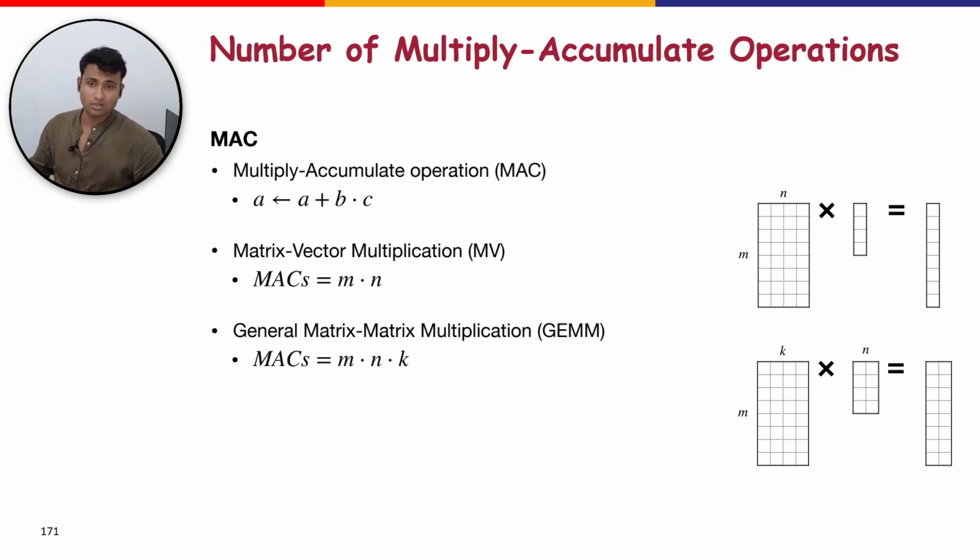Then comes a more prominent metric, which is multiply and accumulate operations, MAC operations. A single operation of B into C, and then the total added with A and stored back in A, is known as a MAC operation. So if there is a matrix of size M cross N being multiplied by a vector of size N cross 1, right? You can see that these four things when multiplied by these four would lead